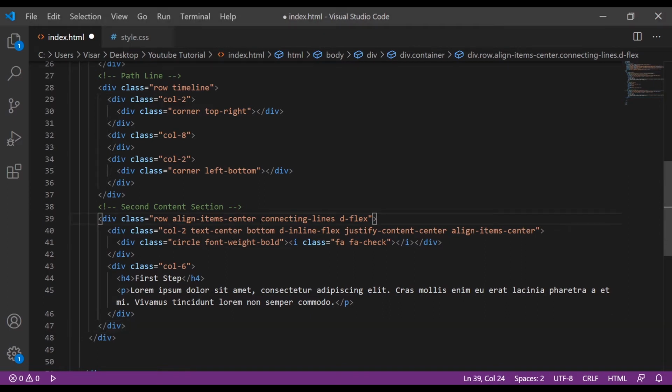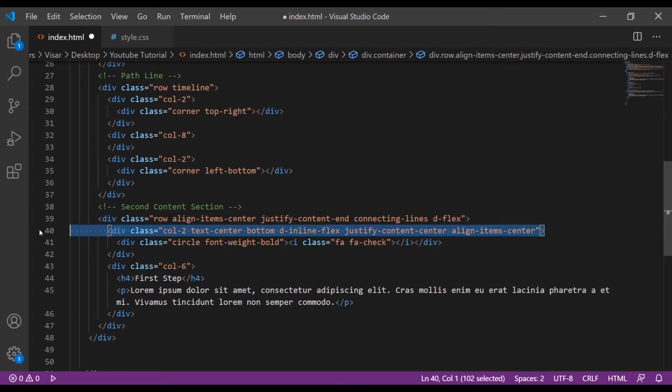We need this one. Justify-content-center we need to put, justify-content-center. It should justify content and this time connecting lines, and that's it. Okay, then we remove this.